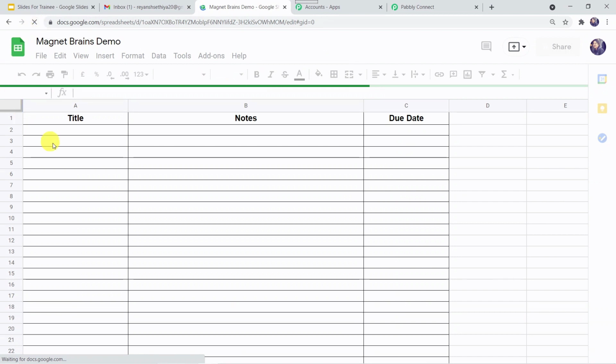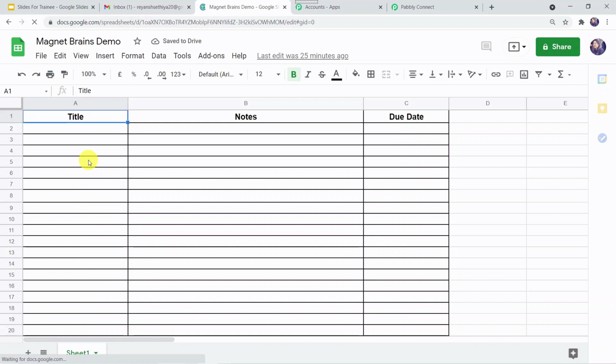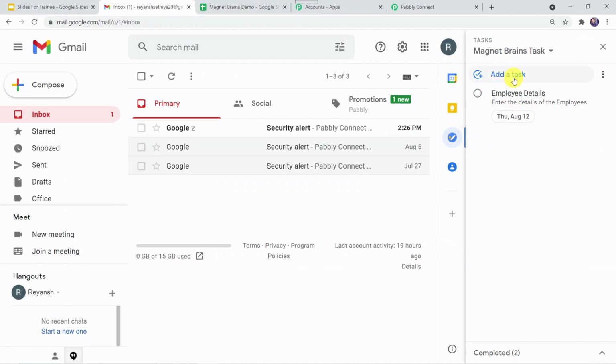Here I want to give you an important piece of information. Google Task may take a response time of 5 to 10 minutes, so we may not get the response immediately. No need to worry about that. We can just wait for some time, refresh the page, and the data will be captured. Now we can see the data is being captured in my Google Sheet, the Google Task which we have created over here. So now we can understand that our integration is working fine.